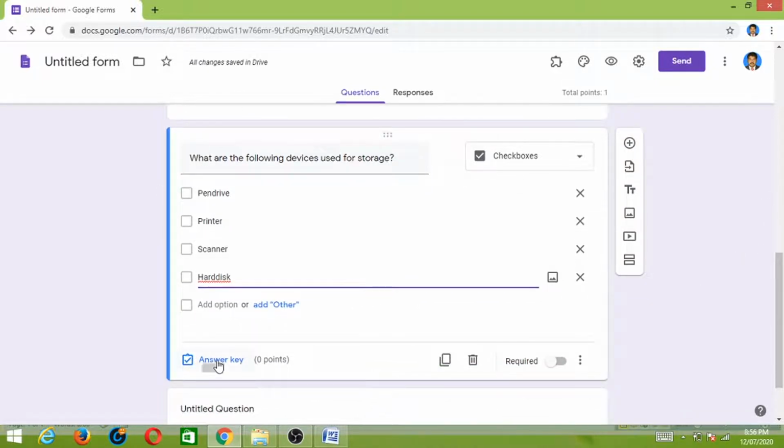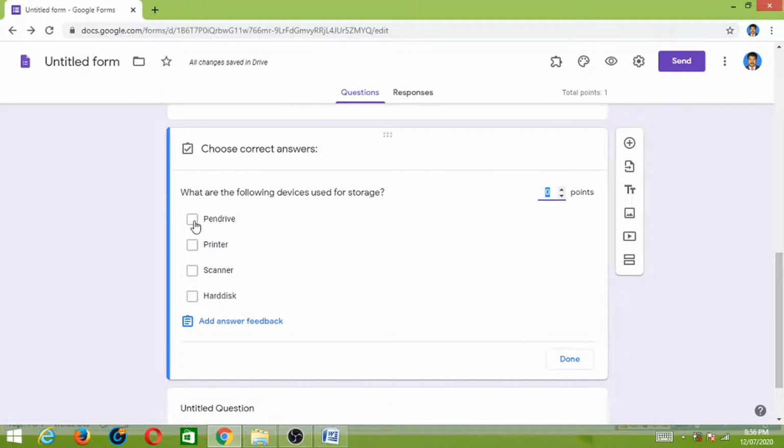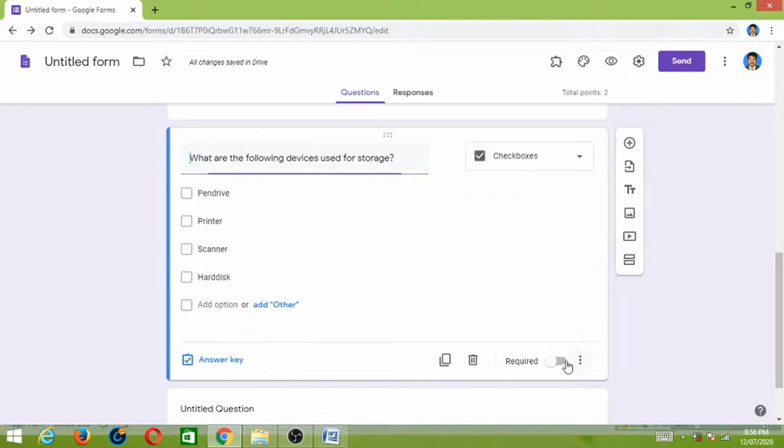So the answer for this question is pen drive and hard disk. One point for correct answers, and make it required. Okay.